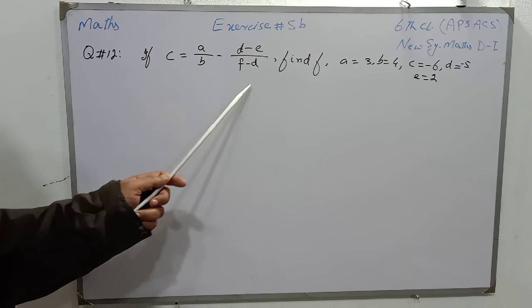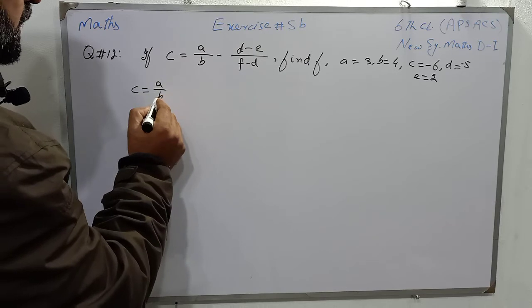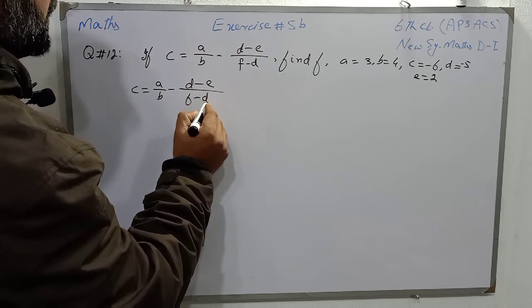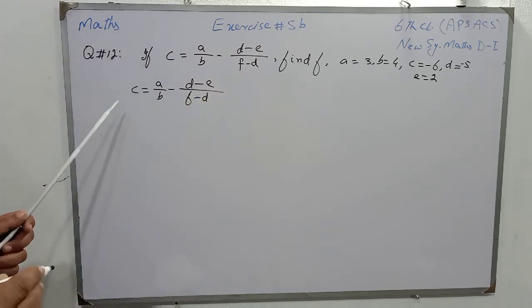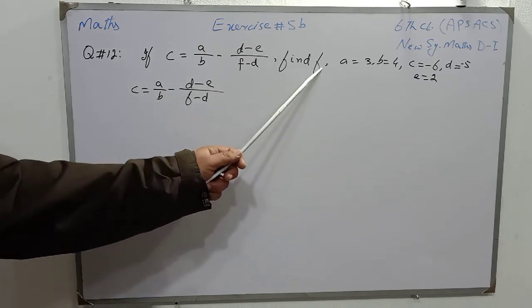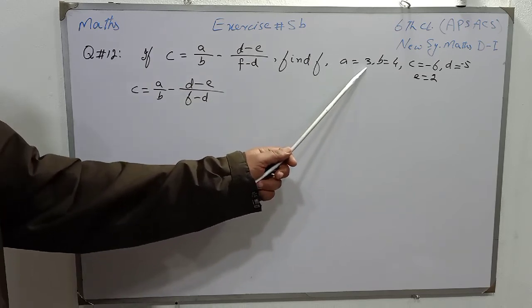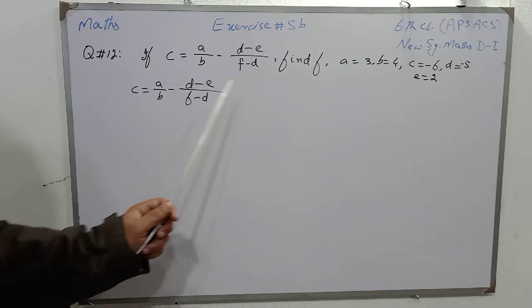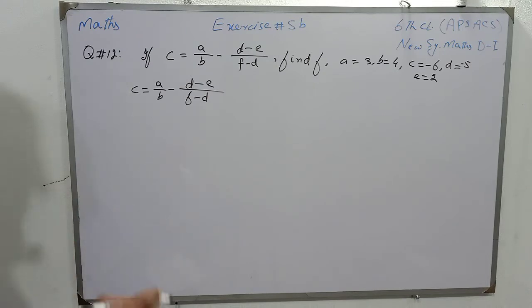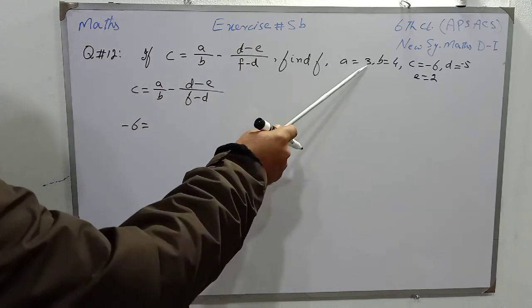Now first we will write the formula, and the formula is C is equal to A over B minus D minus C over F minus D. Now students, we have to replace the values of all the variables, and F we have to find. So in place of F it will be written as it is, but the value of A is 3, so in place of A we will write 3. The value of C is minus 6, so first I will write the value of C, that is minus 6, so it is written as minus 6 is equal to